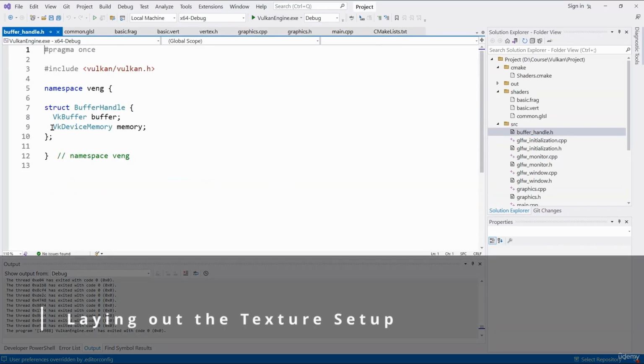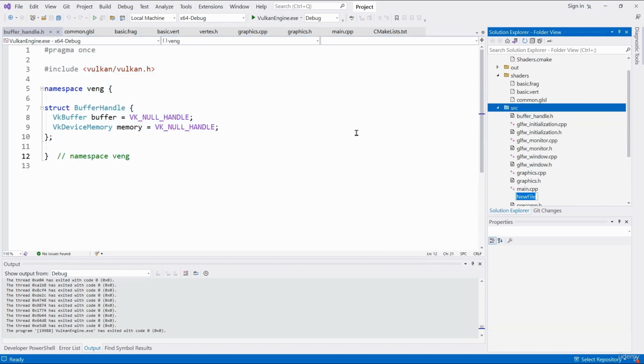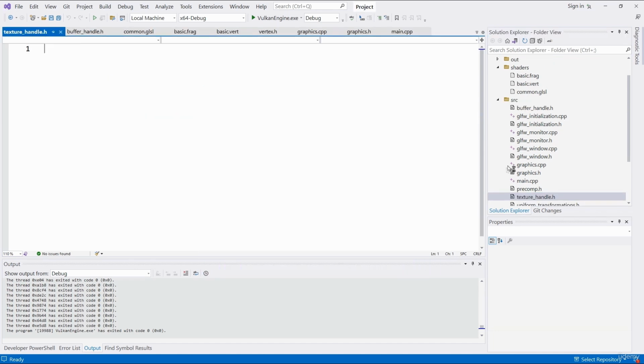Hi, in this lesson we're going to lay out the functions that we will need to create our texture. First, I will go to the buffer handle file here. We will need something similar for our texture. Now let's assign these values to noHandle, and after I'm done, I'm going to create a new texture handle header